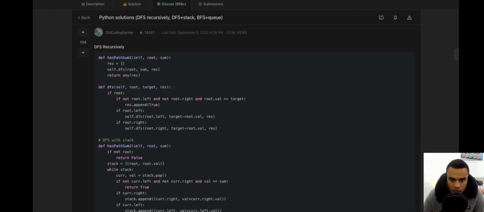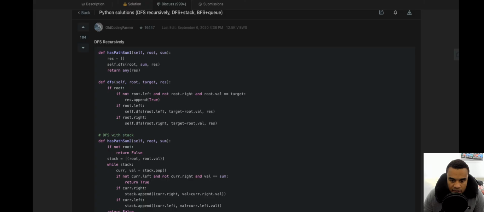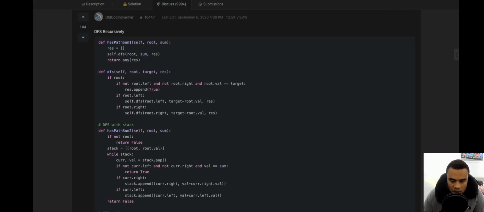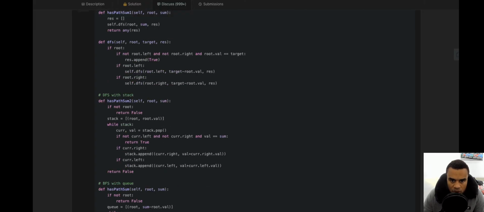All right, let's see. DFS with stack. Okay, if not root, stack equals root val. So we got some tuples going on. Oh, it's kind of what I just did for the BFS, isn't it? The only difference is that mine would have the for loop to go through each level.